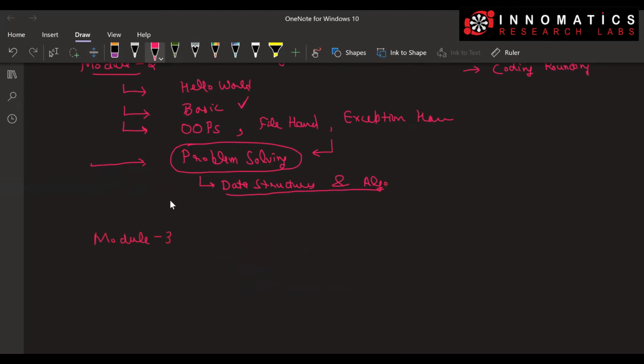In module number 3, we are going to learn about system design. Do you remember, at the start of this video, we were talking about all the fascinating applications that you use on a day-to-day basis? We are going to pick some of those applications and understand how they are actually built. We are going to understand what the low-level design and the high-level design of those applications look like. What do I mean by low-level design?